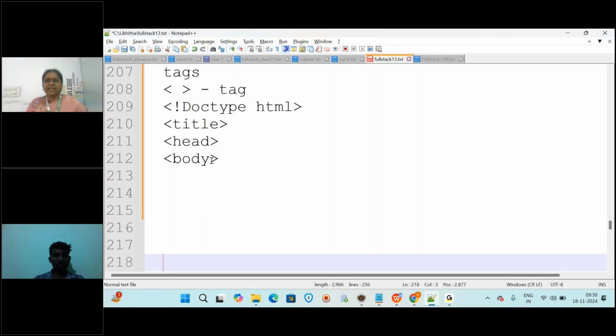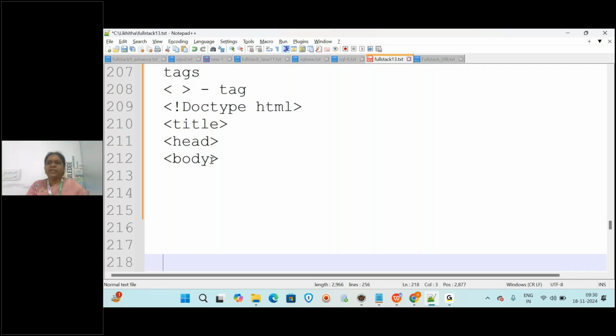We already discussed this, but once again I'm repeating. To work with HTML, you don't require any additional software. There are software tools and IDEs to run it also, but your Notepad is very much enough. Okay, everyone has Notepad, right? Notepad is also an application, but it is not a web application. A web application means one which runs on some server, and we require internet for it. Yes or no? Even though you install Flipkart and Amazon or anything on your mobile, without internet, can you order anything? No, because it is running somewhere on a server. Now here we come to some applications like Notepad, WordPad, and all.